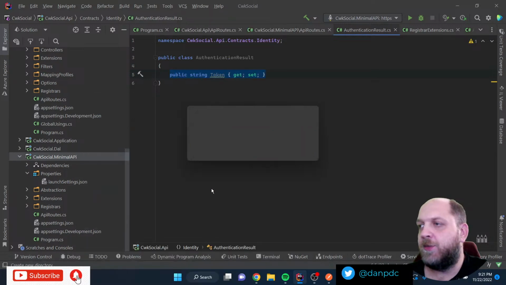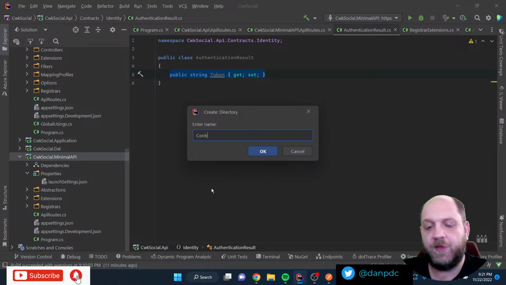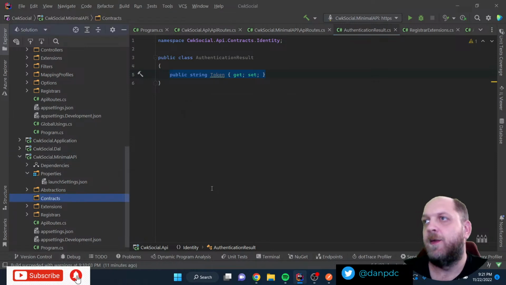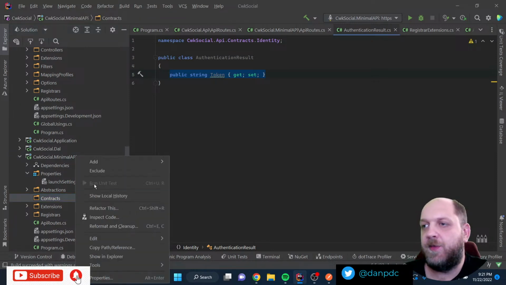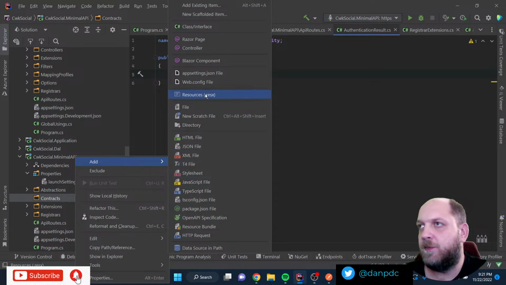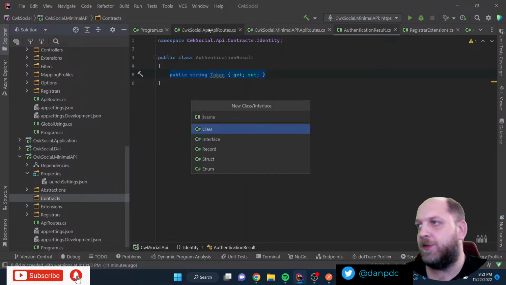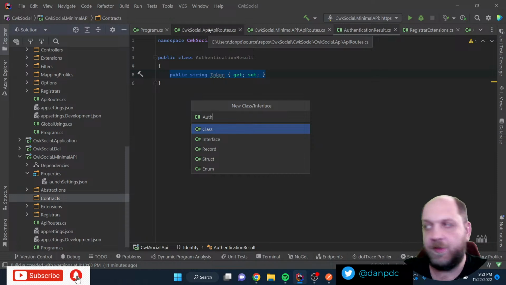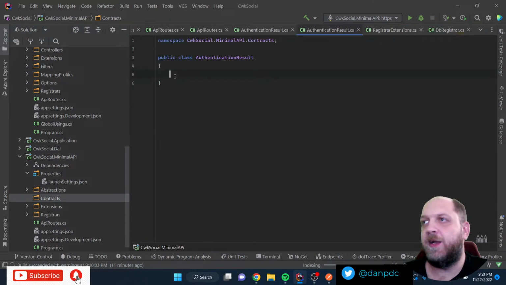So new directory, let's call this contracts, and in this contracts, let's add a new class. Where is it? Class or interface, and let's call this authentication result. Would be fine, I guess.